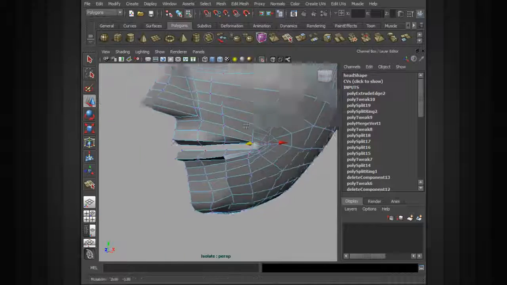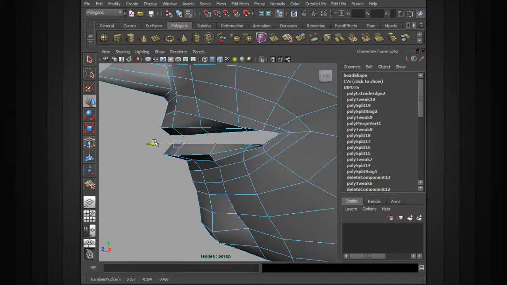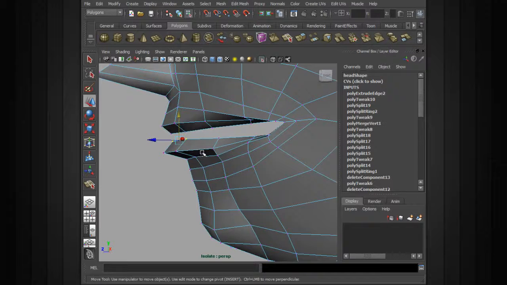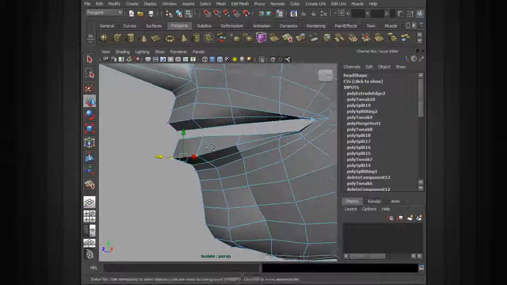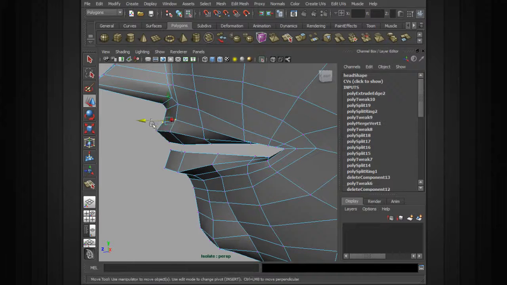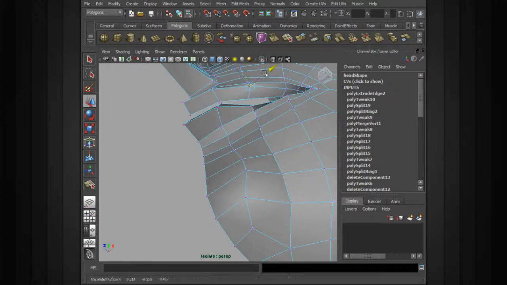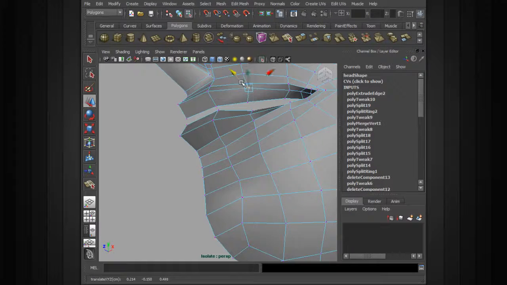Okay, so we're now starting to get the actual lips defined. And again, these may be a little bit thin, so I'm going to go ahead and bring this down a bit. Okay, we've got plenty of room here to start to squeeze some of these things together. Okay, maybe make that a little bit thicker. Maybe make the top lip a bit thicker. Okay. And so once we've got that